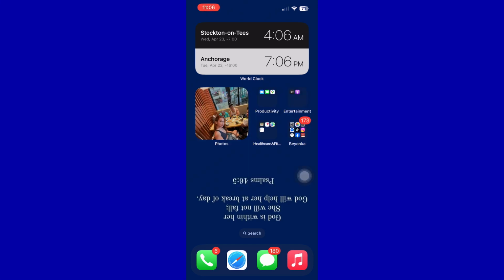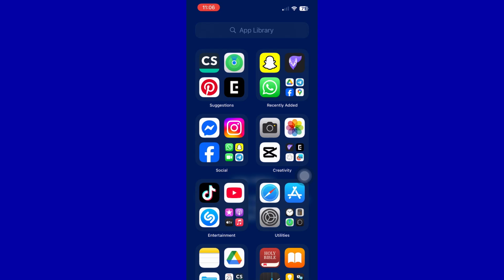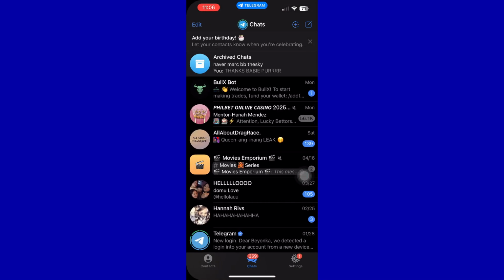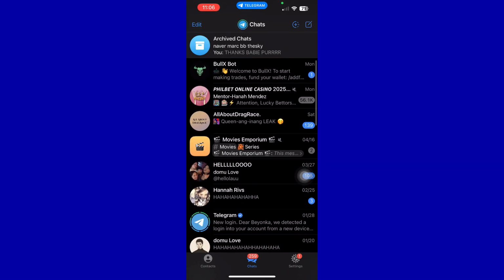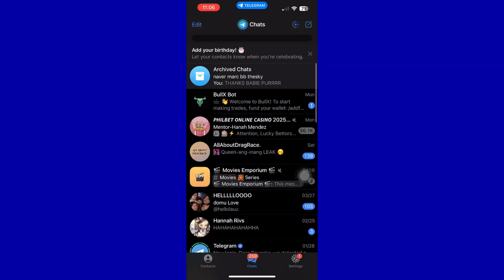So let's start. First, go ahead on your Telegram application. Make sure you are all logged in to see if the issue has occurred on your application. If the issue still occurs, what you can do next is